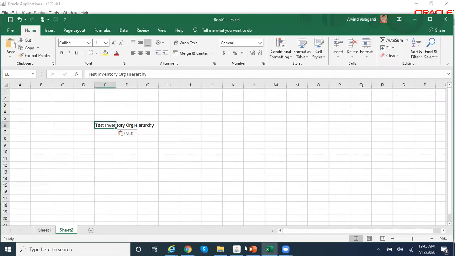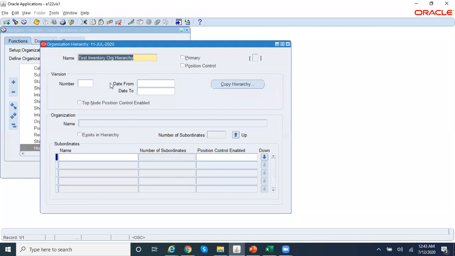This is the name. Save this, and then click on version number, and then effective date. Say it is effective from today. Save this. Okay. Now we need to group all the five inventory orgs: W1, W2, W3, W4, and W5.